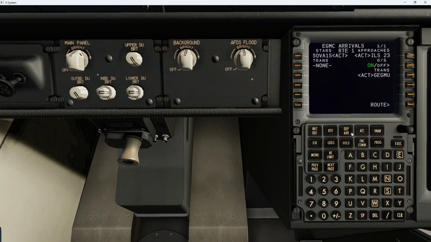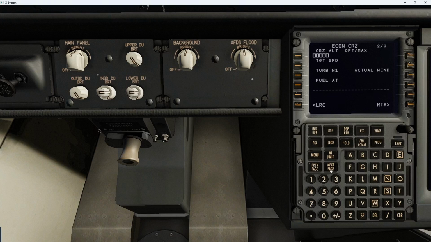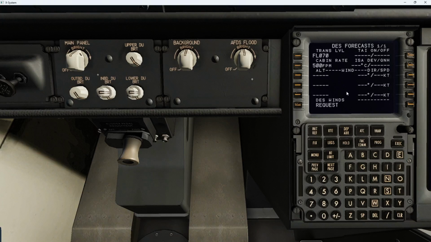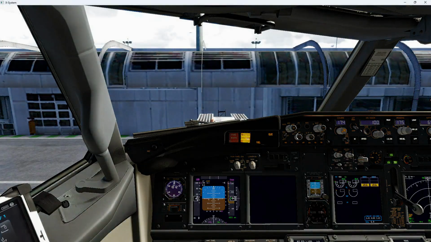Now, please note, all the other pages are running independently from this page. So the only effect, if you put a company route in now, is just to fix the SID, STAR, runway, transition and approach. Okay, it's the only benefit that you will have. If you go to any of the other pages and you go look for the winds, it will have zero effect on the route. You can do this independently. It doesn't matter. You can go to any of the other pages, even in your legs. And if you just go set that thing again back to the map view,